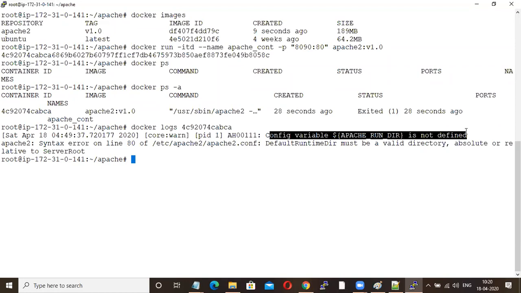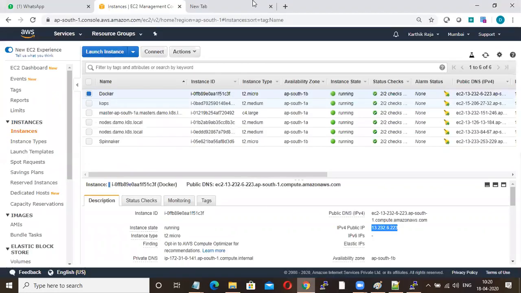They are saying the config variable APACHE_RUN_DIR, Apache run directory, is not defined. Okay, just copy this and go to Google.